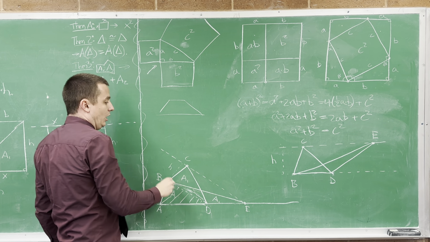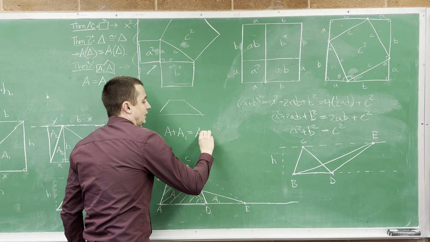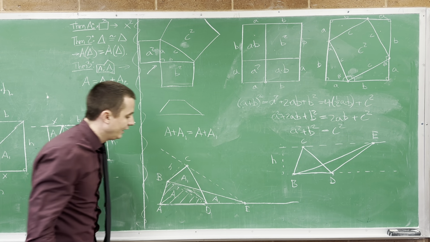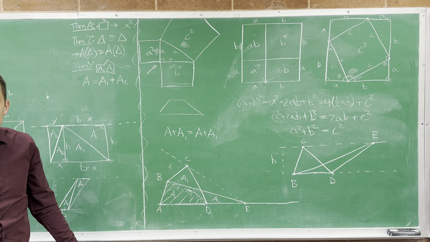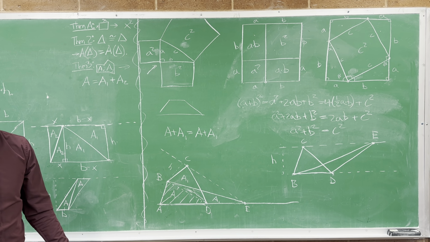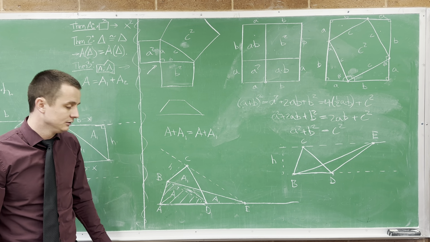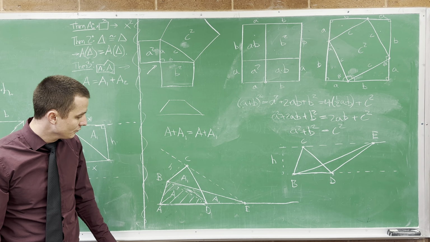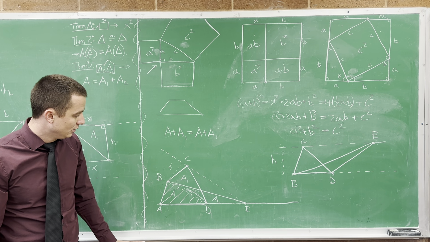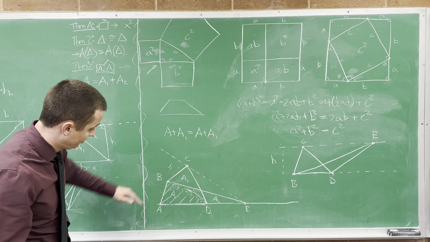So A plus A1, the area of the trapezoid, is equal to A plus A1, the area of the triangle. The quadrilateral, you said trapezoid. Yes, thank you. Does that work for any quadrilateral? Does that work for any polygon with any number of sides, or does it have to be a quadrilateral? This works with the quadrilateral simply because